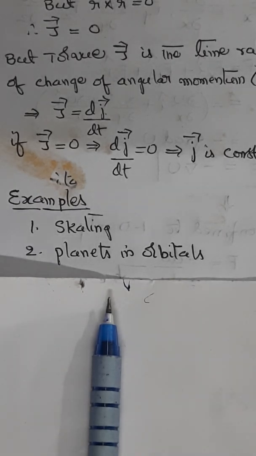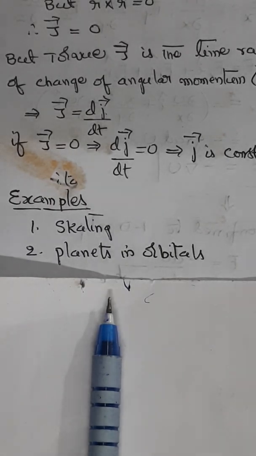Suppose the skater's arms are extended, the moment of inertia of the skater is greater than when the arms are close to the body, because the skater's mass distribution comes closer and the radius of rotation also decreases. So when we consider the skater as an isolated system with no net external torque acting, if the moment of inertia of the skater decreases, then the angular velocity also increases.